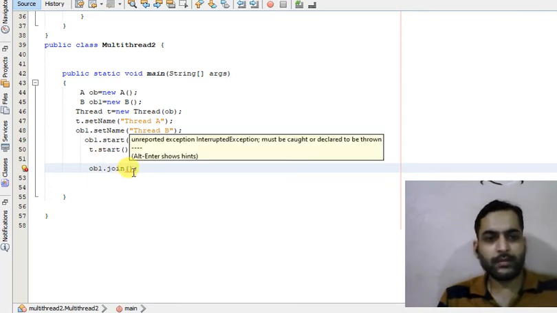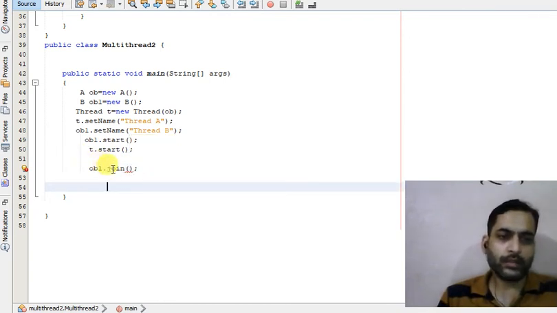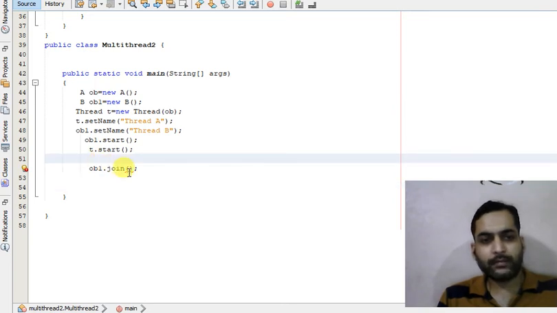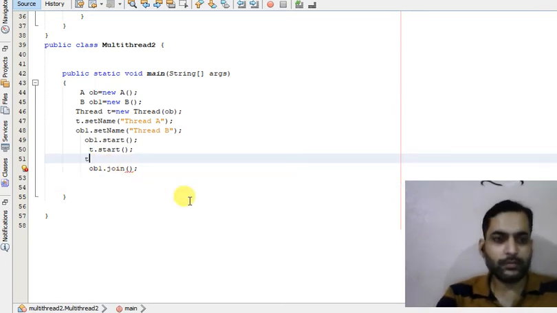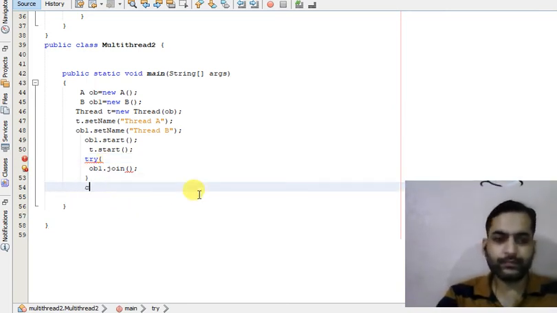It shows an unreported exception, InterruptedException. So this is a checked exception, and this statement should also come inside try block. Catch.